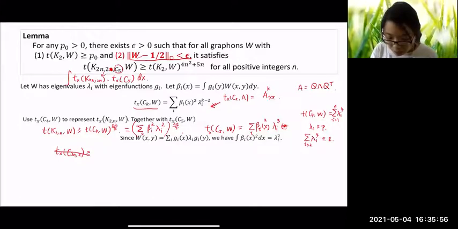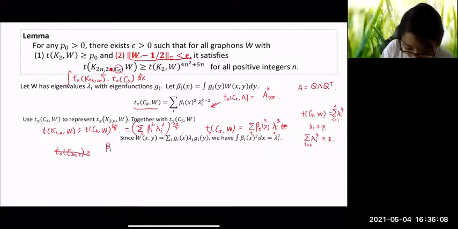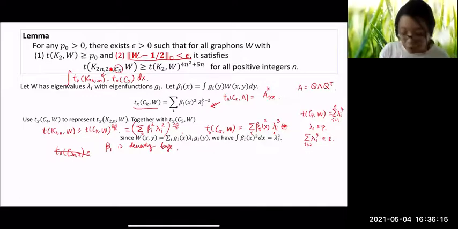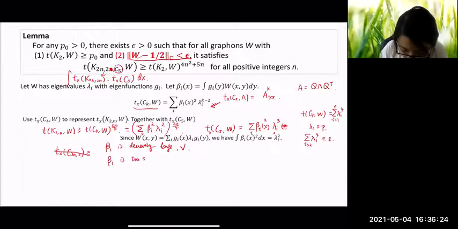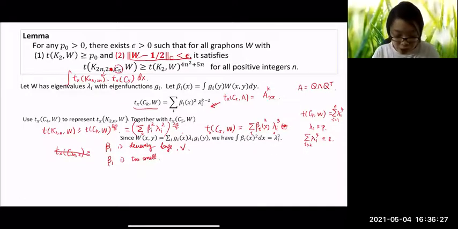If you multiply these two things together, and use the fact that the rest of the lambda_i's are really small, there are some case studies. The first case is when beta 1 is decently large. Then the main term will overcome the error terms, and we can get what we want. And if beta 1 is too small, this basically shows that there is lots of degree